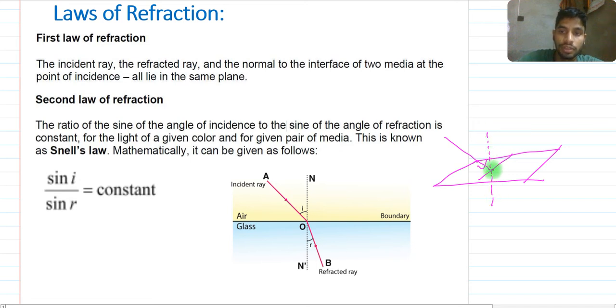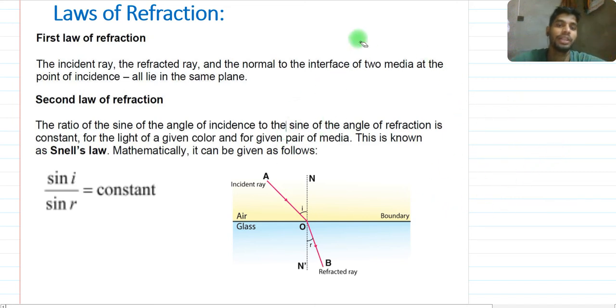Okay, so the refracted ray will go in this direction, not this direction or this direction. Sorry, this one is the reflected ray, and for refraction also, they will be on the same plane, like this. And the second law is a very important law, about the relation between the angle of incidence I and the angle of